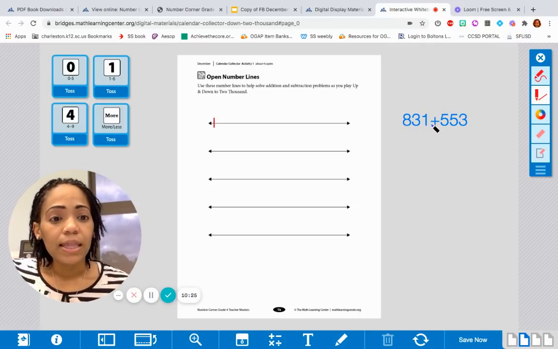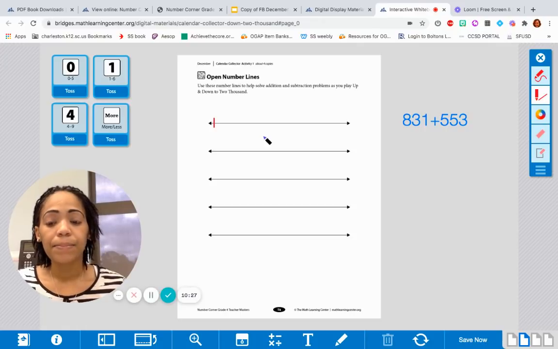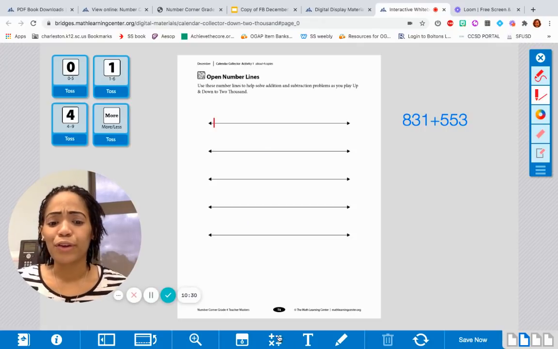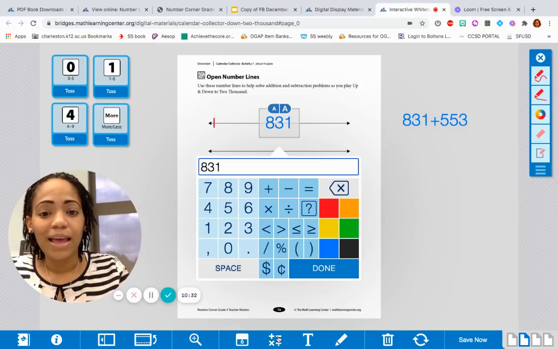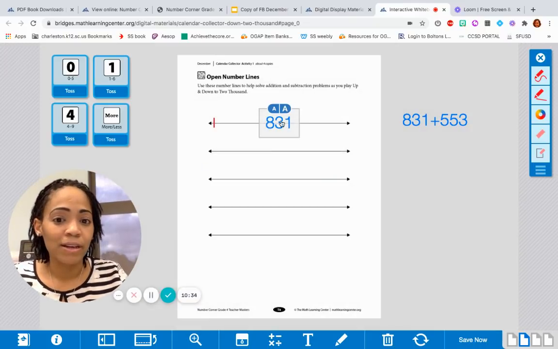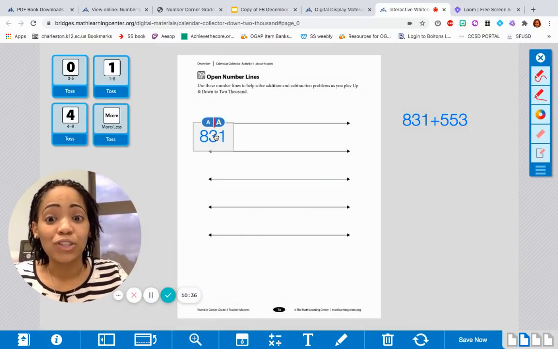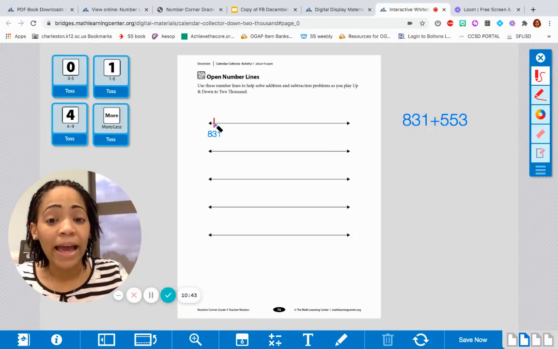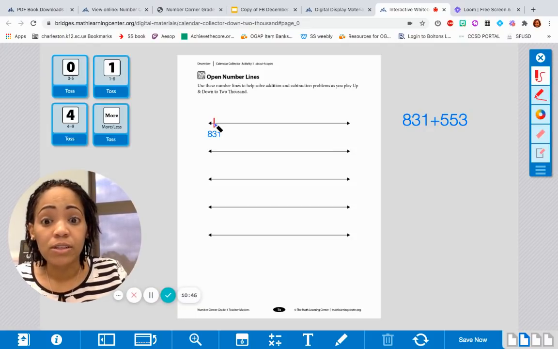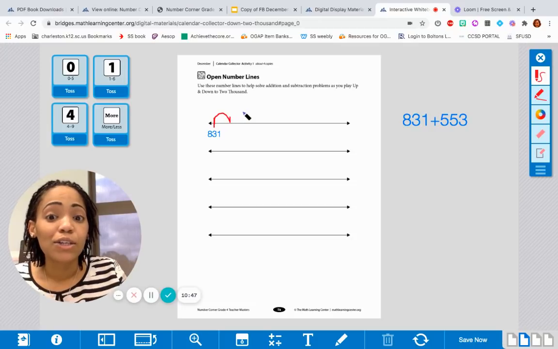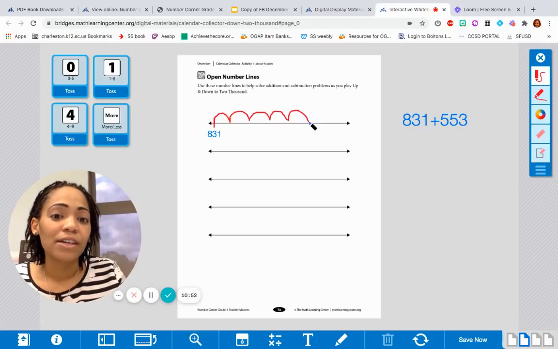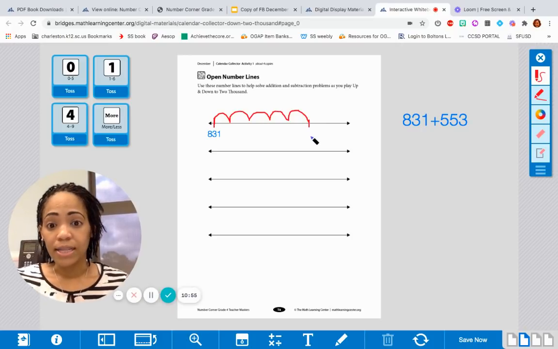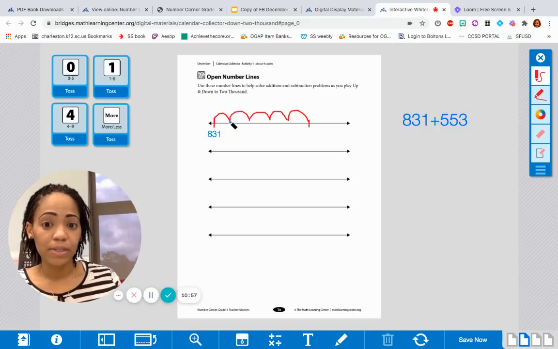So it looks like I'm probably going to start with 831, right? That way I'm only adding 553 and I'm not having to add a whole 800. So remember we talked about chunking? You can chunk your numbers. So maybe I'm going to add my 500 first. So I could say 100, 200, 300, 400, 500, which would give me what? This is 931,